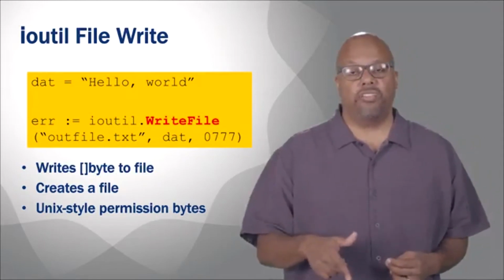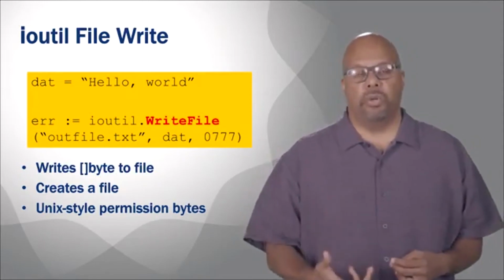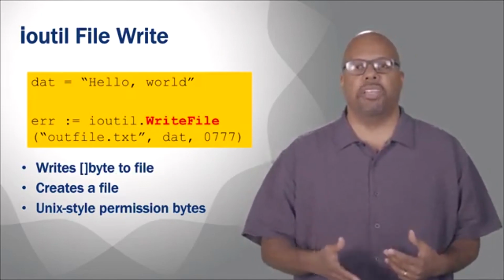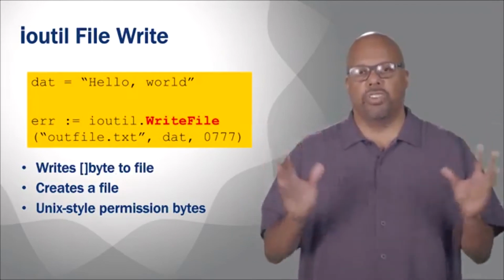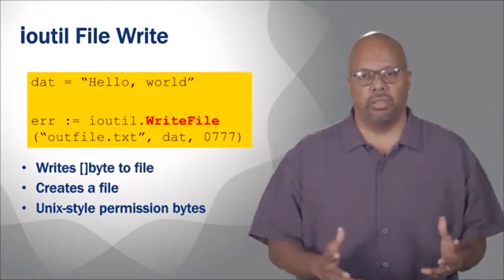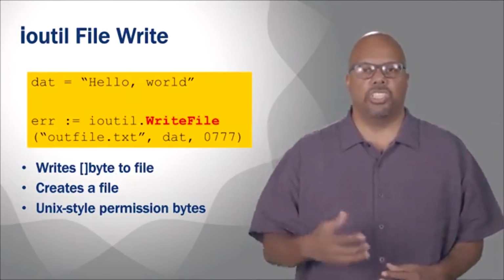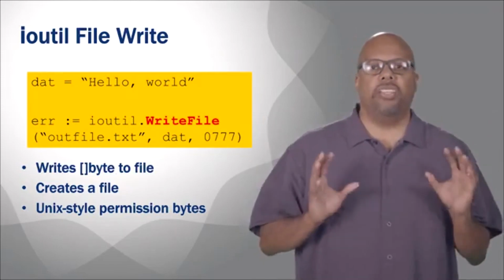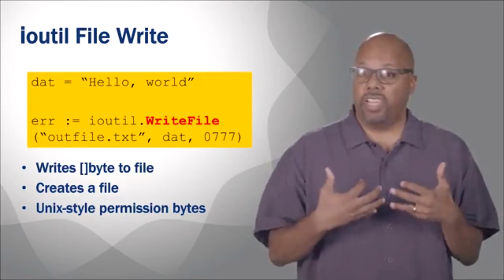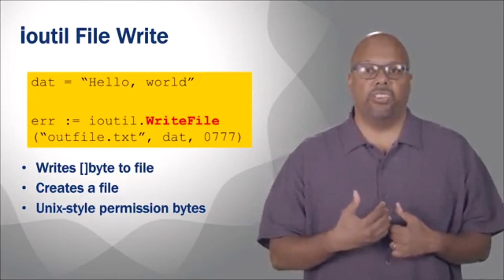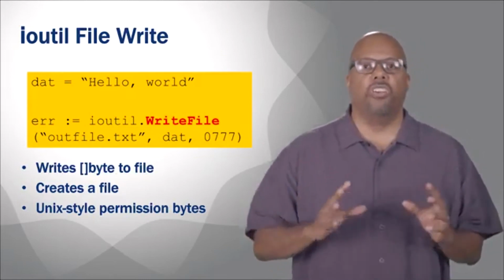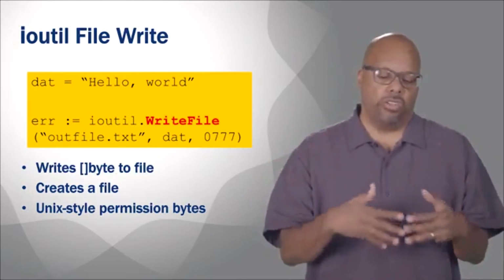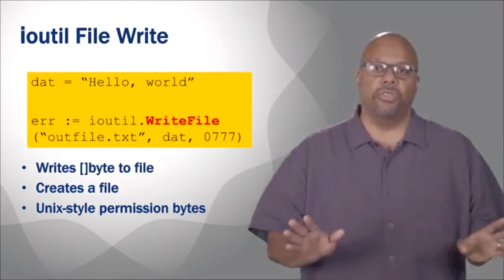When it creates that file, it has to give that file permissions, read and write access permissions. So it's using Unix style permission bytes. 777 means permission for everybody, right? Everybody can do everything, basically. But you can adjust the permissions as you see fit. Those are the arguments to write file. Now remember, with write file, it's not flexible. You can't append to a file or say, let me just add on to the file. Write file just creates a file, dumps everything, the whole string or the whole byte array, into that file, and then closes the file.